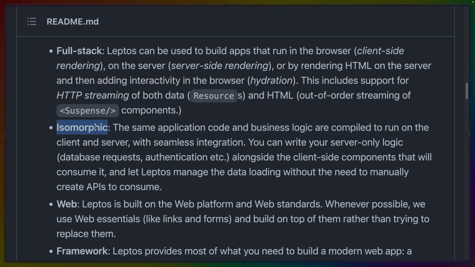Isomorphic is a word that we used to use to describe an application that could run, say, in the browser and on the server. The JavaScript community has since moved on from this word, so I would probably remove it from the documentation here because I don't think it has a lot of meaning outside of that particular context. The word that you might be more familiar with from the JavaScript ecosystem would be universal. So JavaScript that can run in many different contexts would be the implication there, because it ends up being not just, say, browser and server, but browser and server and in tests against a fake DOM implementation and in arbitrary edge compute layers or things like that, as well as headless browsers and whatever other integration testing fake environments that